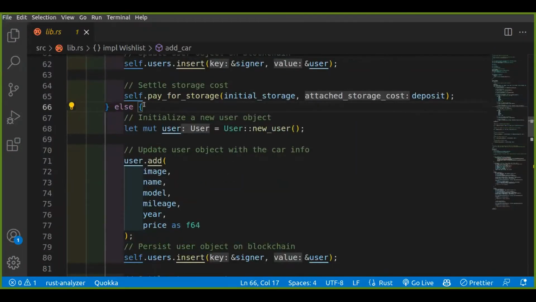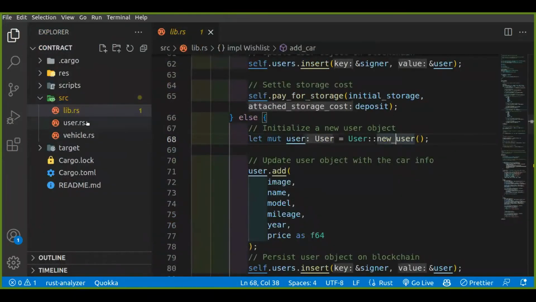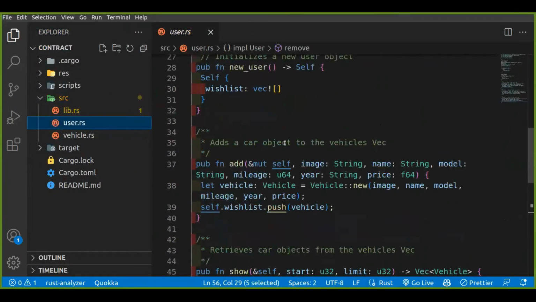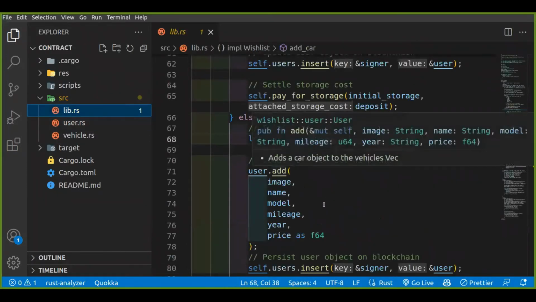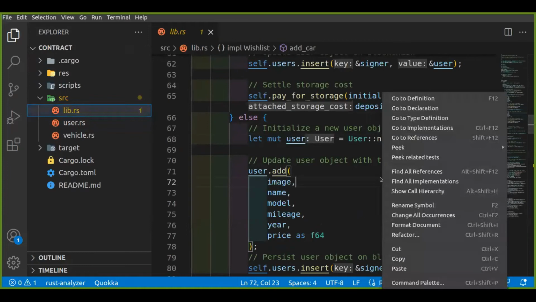So if the user was not found within our collection, we're going to initialize a new user object by invoking our new user function of our user structure. Maybe if I can take us again over there. So this is the function right here. It's going to create a new user object, but with an empty wish list. Okay. Then back to our lib. After initializing the new,